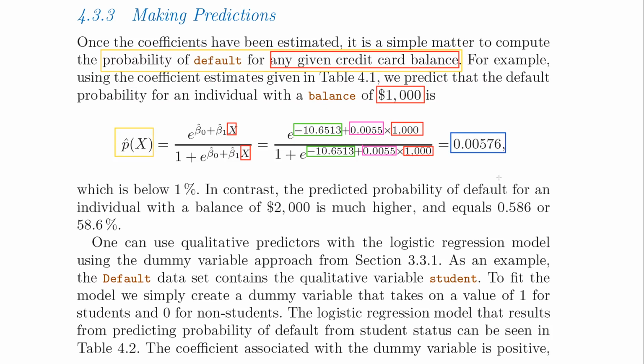In contrast, and notice this is where nonlinearity comes into play. In contrast, if the balance is double, the probability does not double, but it in fact increases by 2 orders of magnitude, right? We've dropped these zeros, so it's 100 times more likely. Really, really insightful, isn't it? Because